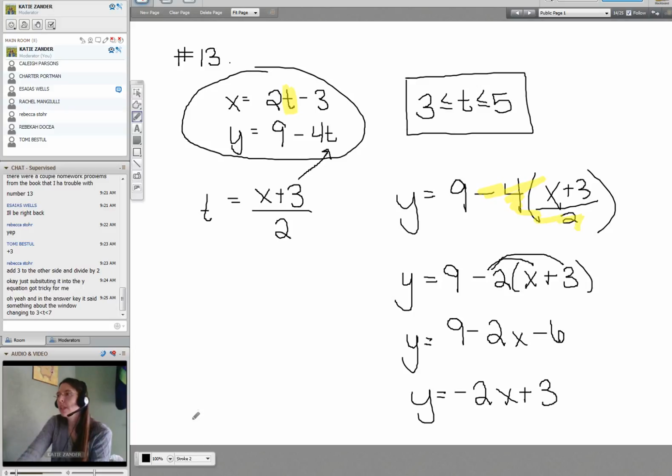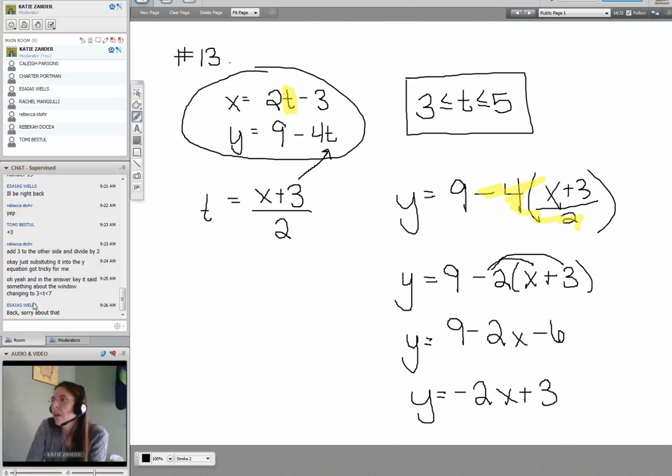Yep. Okay. So I believe that your viewing window will change. Well, originally, if you're in the parametric mode, your viewing window will not change. It should be 3 to 5. But when you graph in the rectangular mode, after we eliminate the parameter, these will change slightly. What you need to do is substitute these values into the equation here to find the new